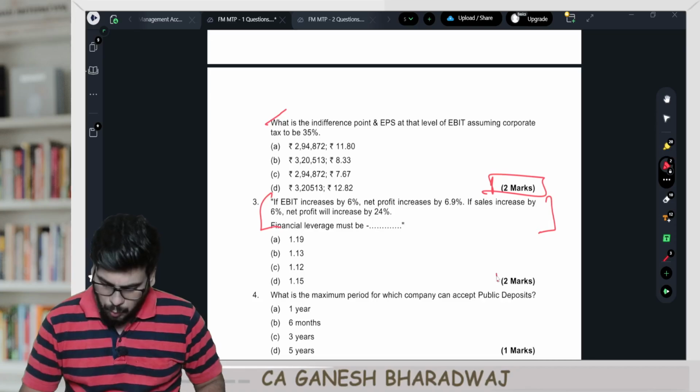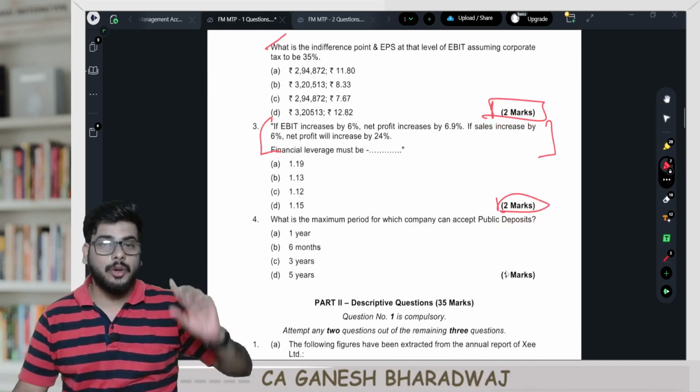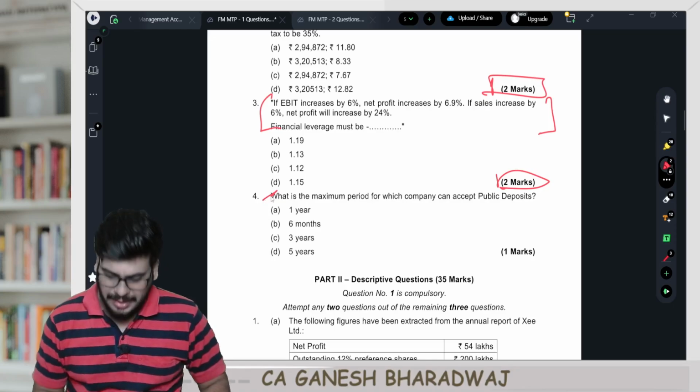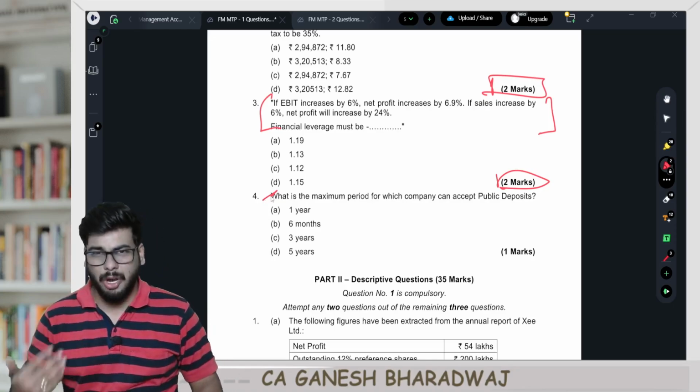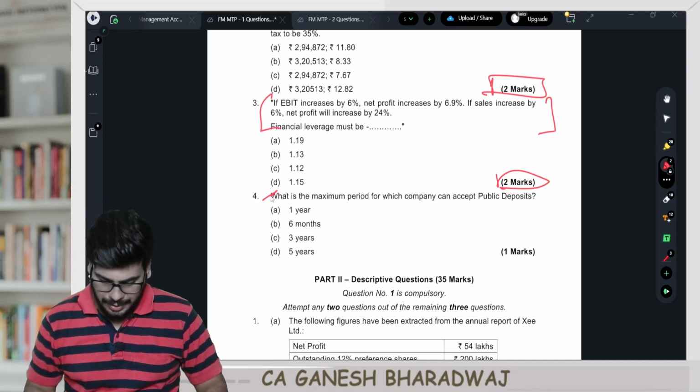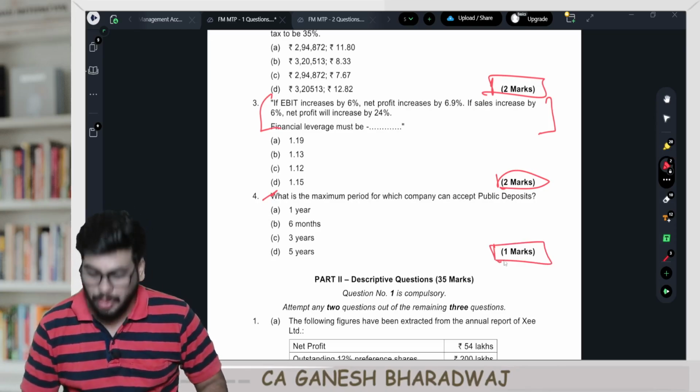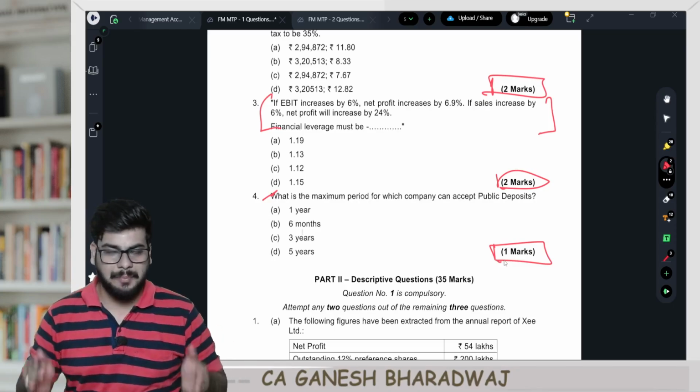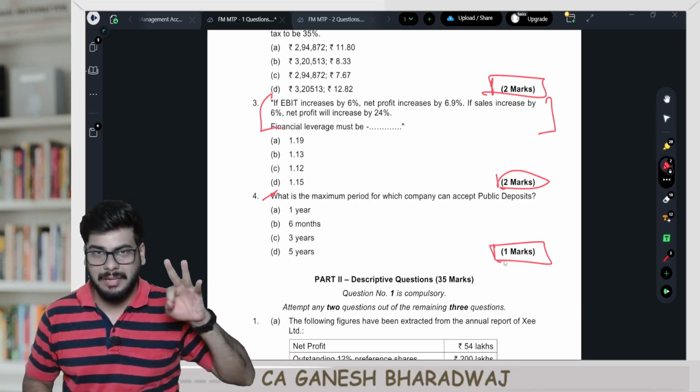From that, they have asked only one question. Clear with this, guys? And question number 4, they have again asked one question, right? A direct question. Predominantly, this is not a case study. This is a direct question, right? And here they have tested it for 1 mark, because every paper should carry a weightage of 30 marks pertaining